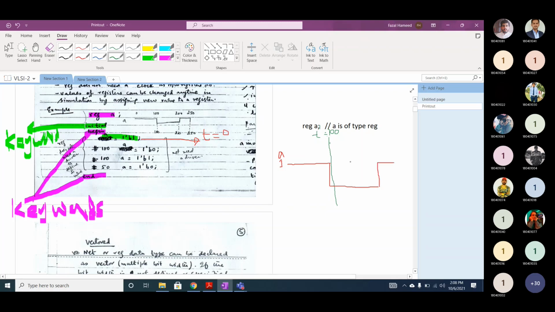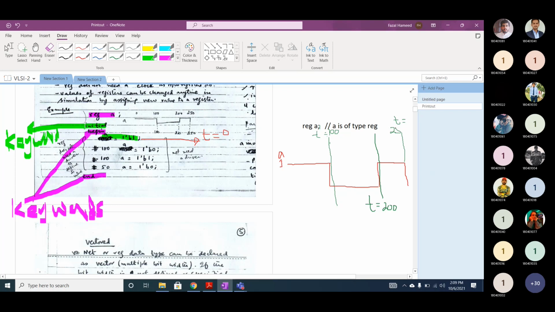So what is the new time at this point? t equal to 200. And after 50 clock ticks, the value again changes to logical 0. So what is the new time at this point? G, what is the new time? t equal to what? 250.